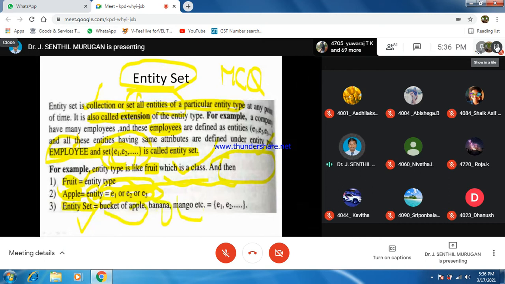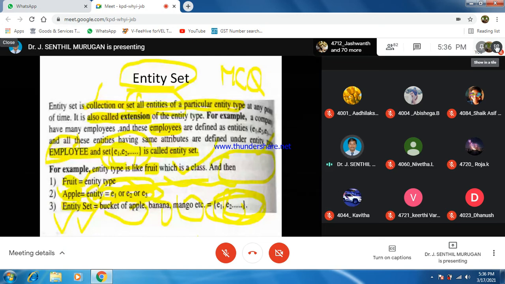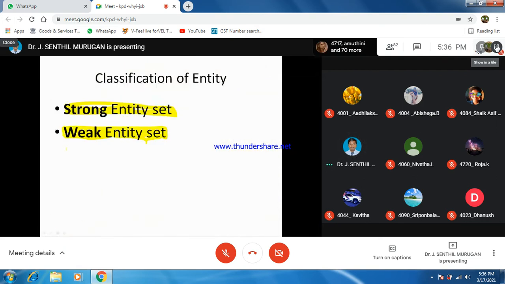Apple, mango, banana, all the things equal to E1, E2, E3. Whatever the fruits are there, it can be equal to that fruit. Then that is called an entity set. So a bucket of apple, banana, mango, all the things equivalent to that fruit is called an entity set.